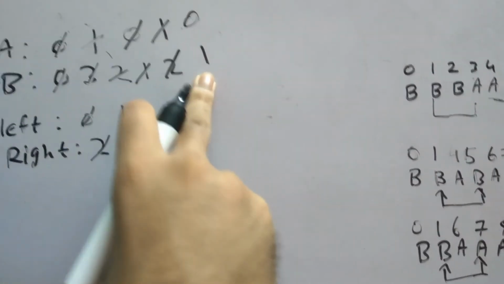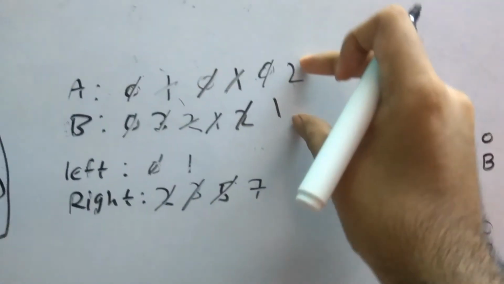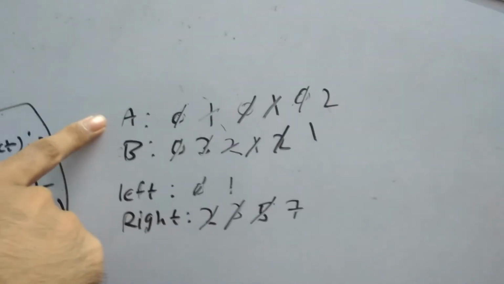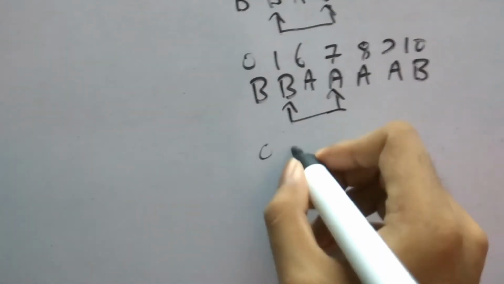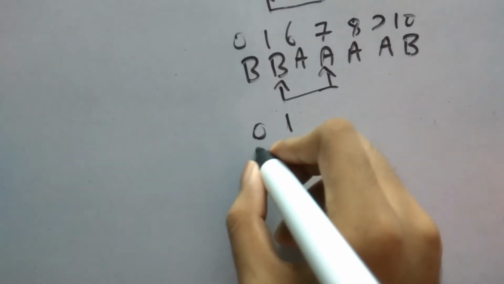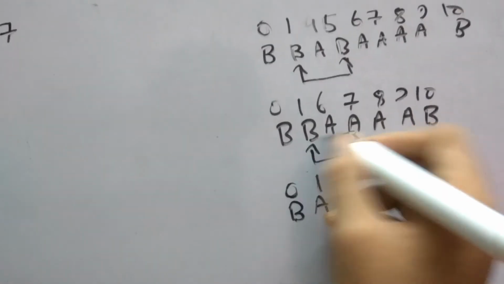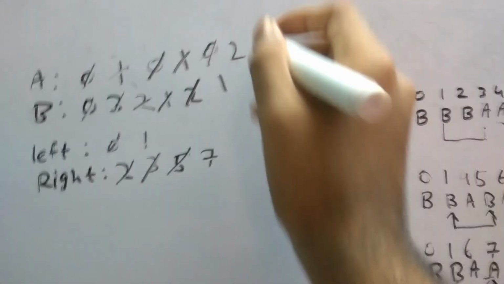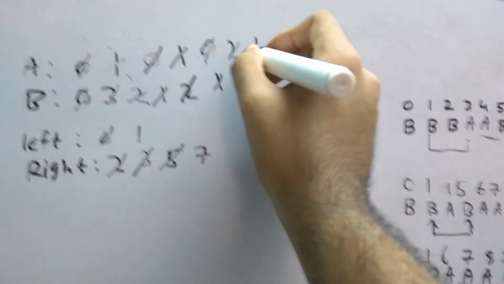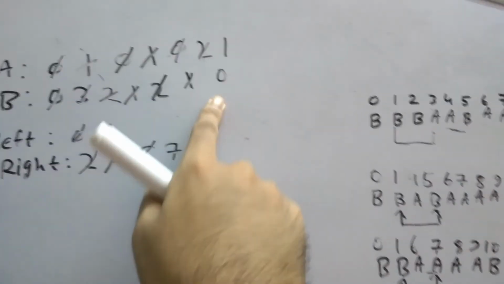So 1 to 7, again we add these two values, the count of a and b. The count of b is 1 now, and the count of a becomes 2. Again we can see the absolute difference is 1, so it is fusible. So let's fuse it. This time a will be there because it has the greater count, right? So again placing b, and this a, or any a, over here, and we decrement the count of b and a because we are fusing. Again we are simulating the fuse, decrementing the a count and the b count, so a is 1 and b is 0.